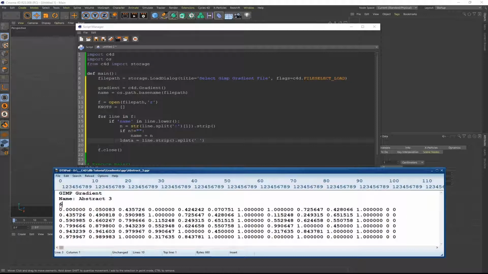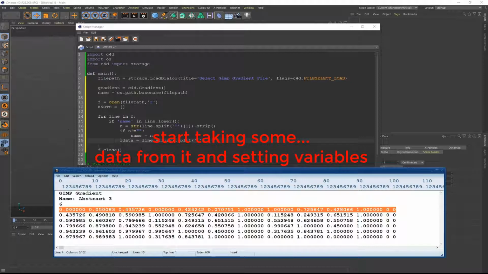The next one would be 1 item in the list. But if it reads a line like this, that LData is going to be a list that has these 13 columns in it. So we're going to use that fact and say if the length of that list is greater than or equal to 13, we are going to start taking some